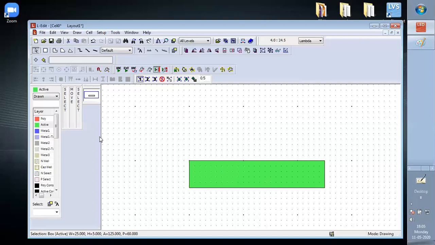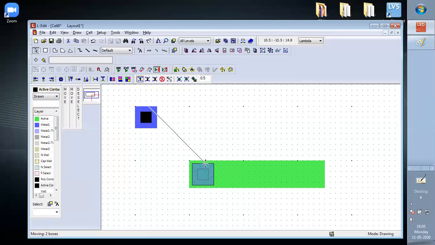Now after this, we draw a metal of 4 lambda by 4 lambda and active contact of 2 lambda by 2 lambda. And then we drag this 2 lambda by 2 lambda active contact on this, and this we put over here.